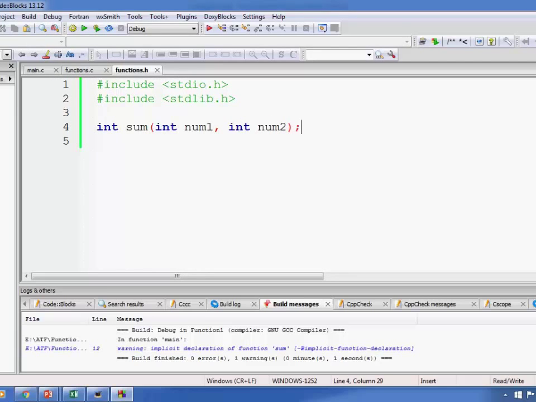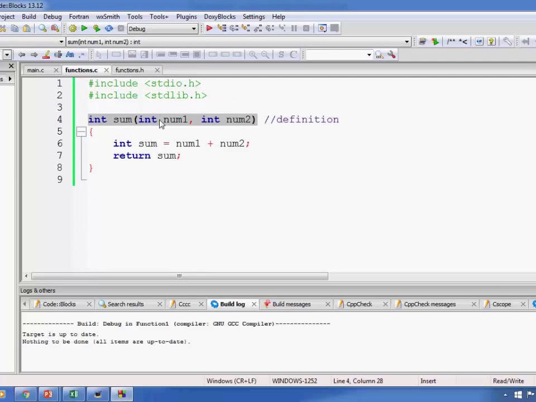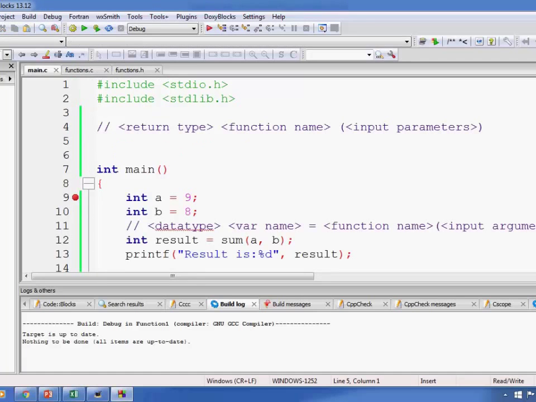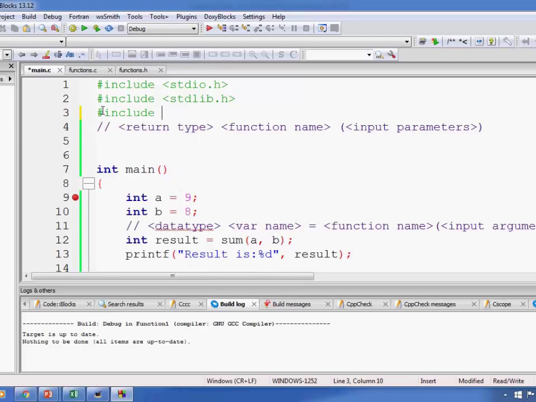Now just save it. If you run it now, let us see whether it compiles or not. Right now it will not compile properly because we have missed one step, but let me show you that. It will compile, but it will give the same warning that it gave earlier. It gives the warning because our main file does not include the file functions.h. So to include functions.h, what we will do is,